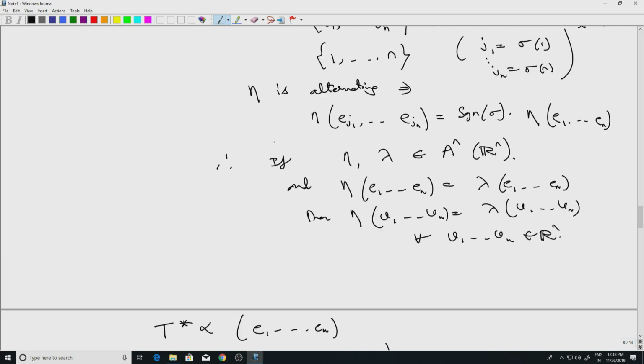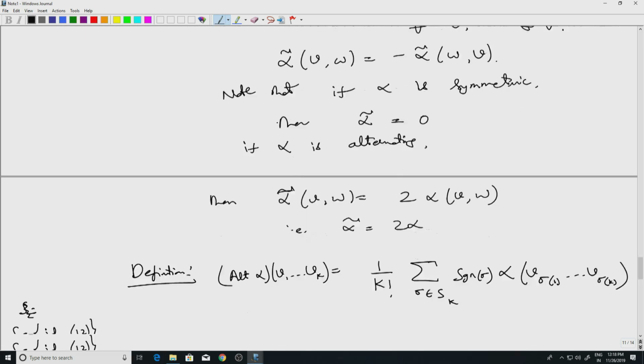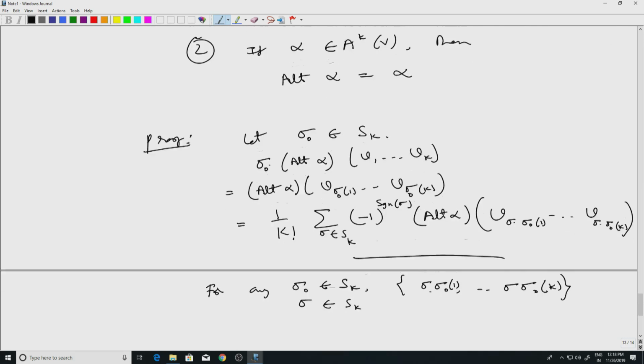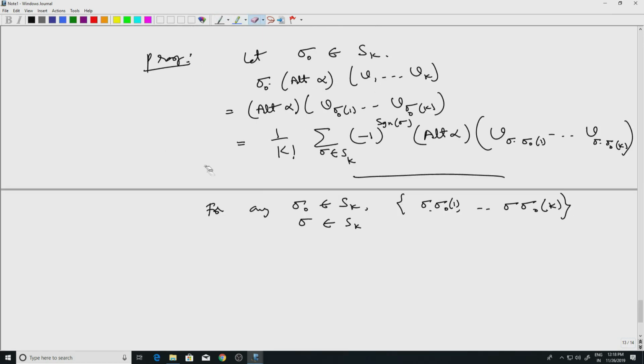So we are in the process of checking that this definition actually gives an alternating form. So I started writing something. Let me write it in a slightly different way. So I started with any sigma naught, and then I did sigma naught of alt alpha. Then I get this sum. Now let's call this